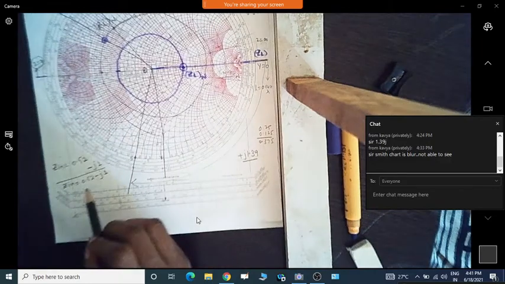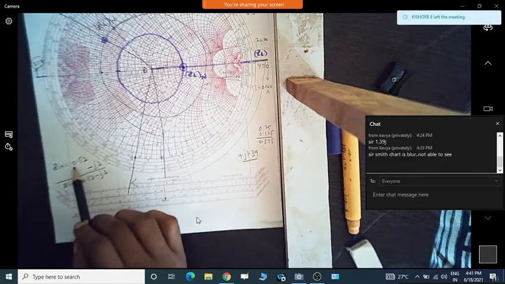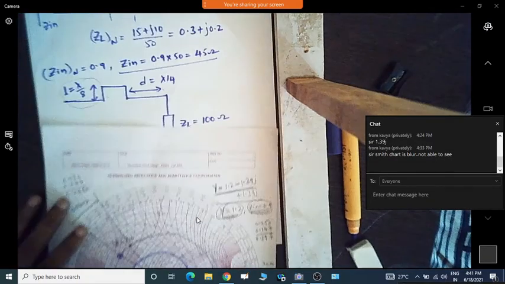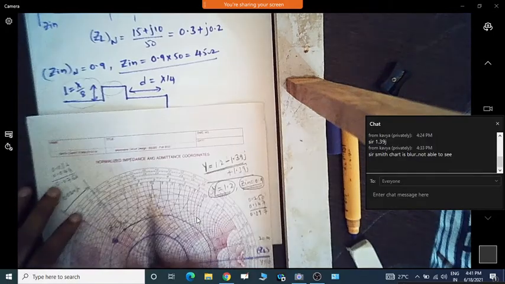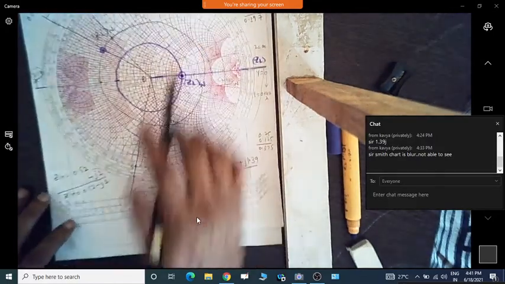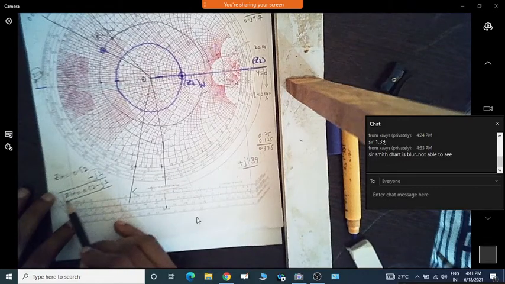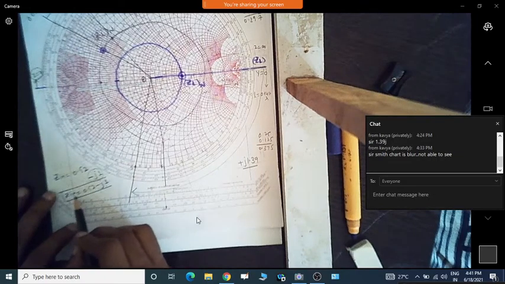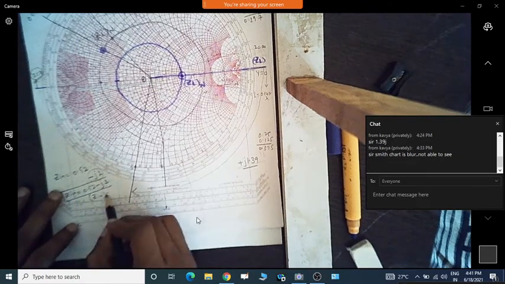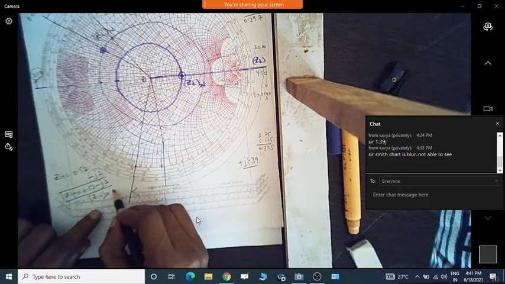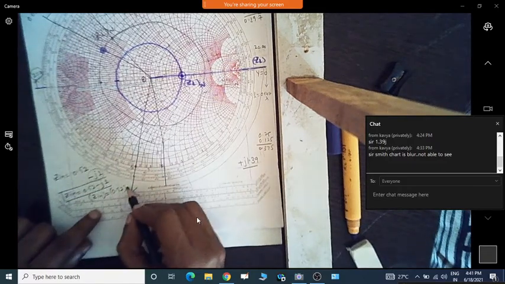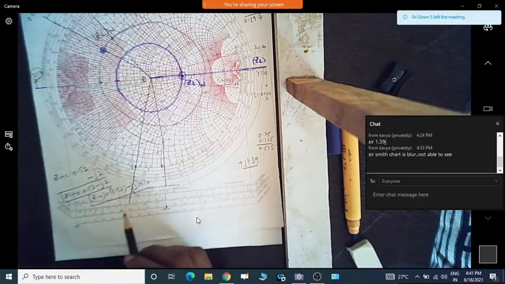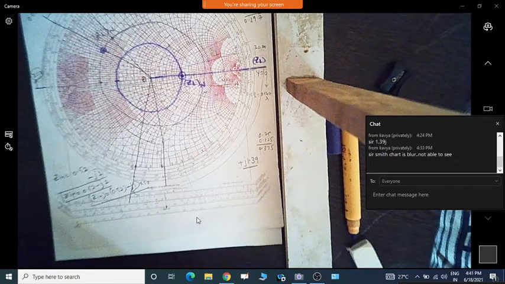So now for this problem, you just take this 0.52 minus J1, once you are adding the reactance offered by this short circuited stub that is connected in series. So now we are going to get the input impedance, which is given by Zin equal to 0.5 minus J1. Now this is a normalized value. If you want the absolute value, you multiply by 50, and that is how you get the input impedance value.